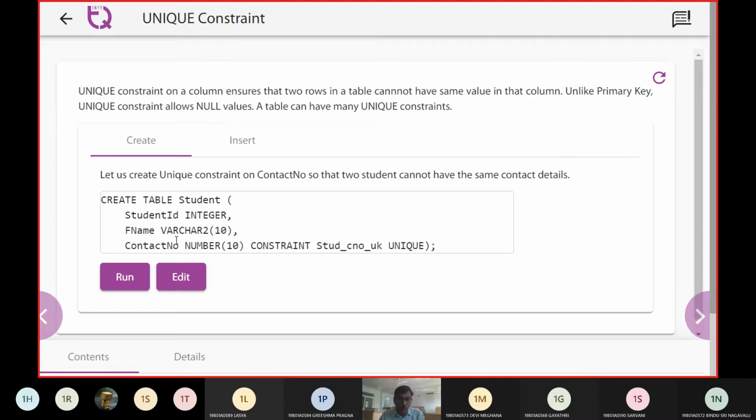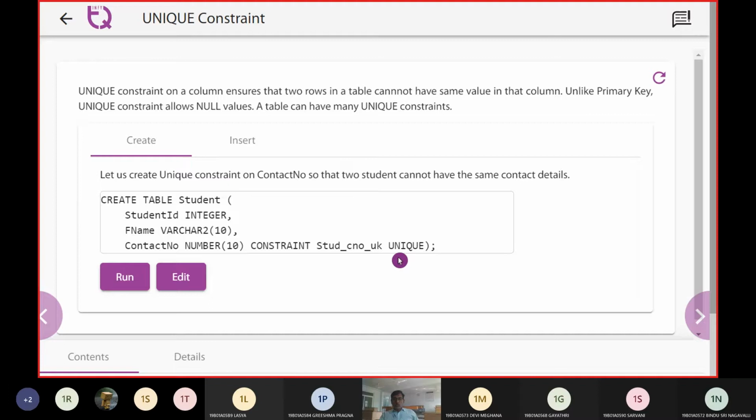Now, for a unique constraint, we will create a table. The name of the table was student, with an identifier, first name and contact number. The constraint was that no two students shall have the same phone number. So we are going to call it unique.